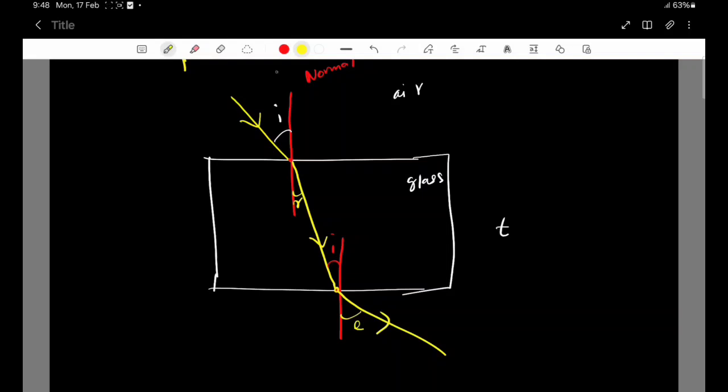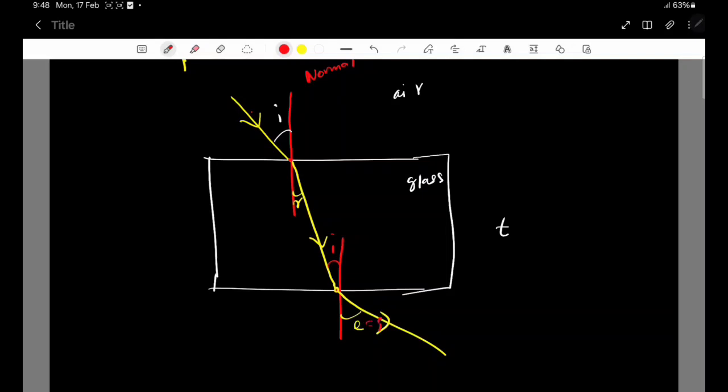Just inverse the time. So this emergent ray is going to be an incident ray then, and this incident ray is going to be the emergent ray then. Is it right? So obviously if this angle is I, then this emergent angle also should be